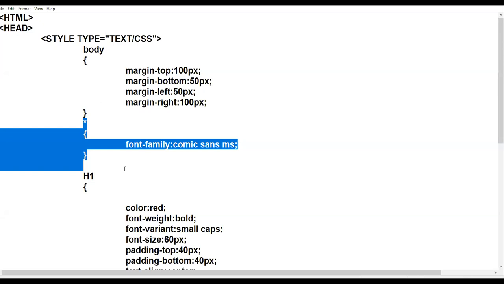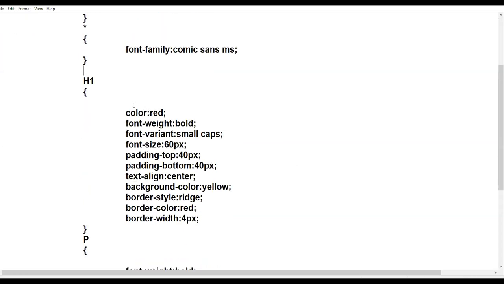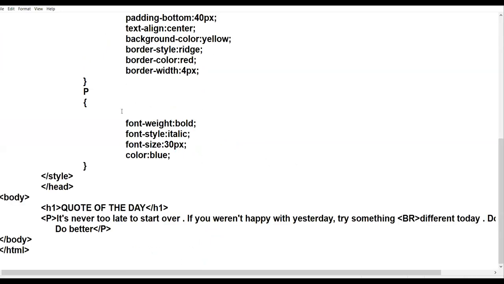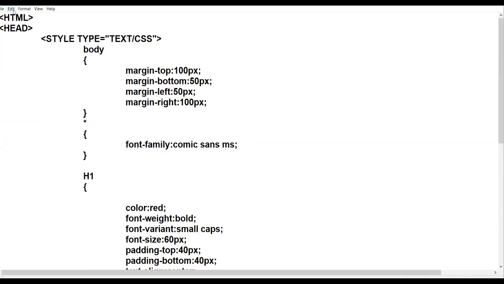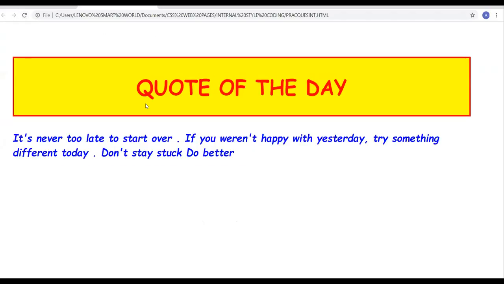Now I have taken font family Comic Sans. This font will be for the entire web page. And see, check here. I have not taken any other font family here. I am not taking any font family over here, right? Now I save this file. See this.